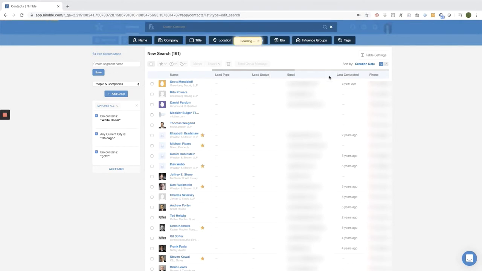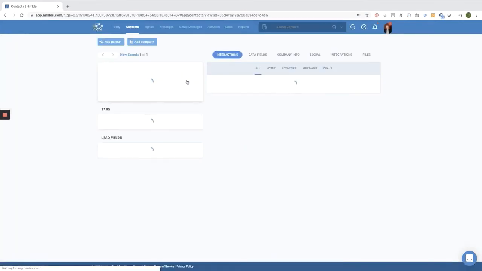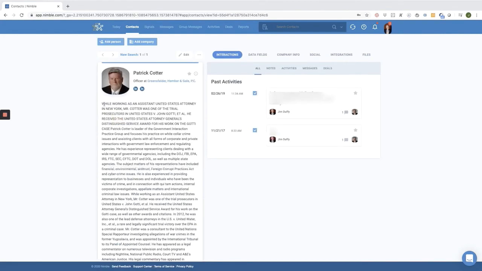So we've got that. We've got all those particular attributes, and let's see what we can pull up. And I'm quite certain that with Nimble, we'll be able to really narrow down the field of people. Oh, I got the exact person here. So again, what I consider the most important part of a biography is actually this text data, which tells you everything about the individual. So when I'm making a cold call and I'm doing it in a quick manner, you can see that I can actually go right down to what is the most important part of the person's background.